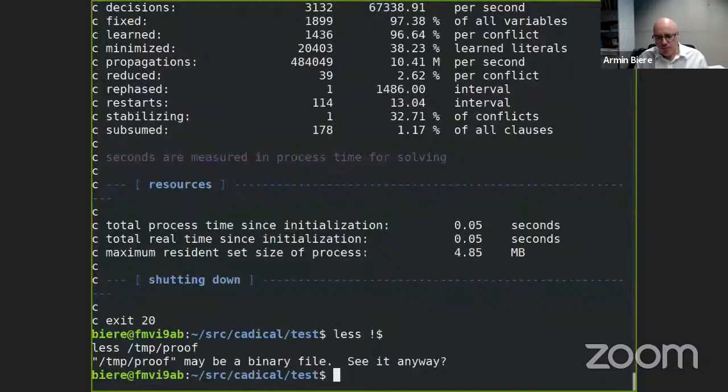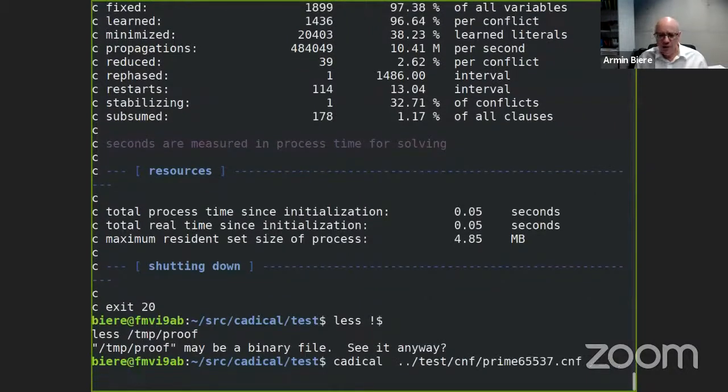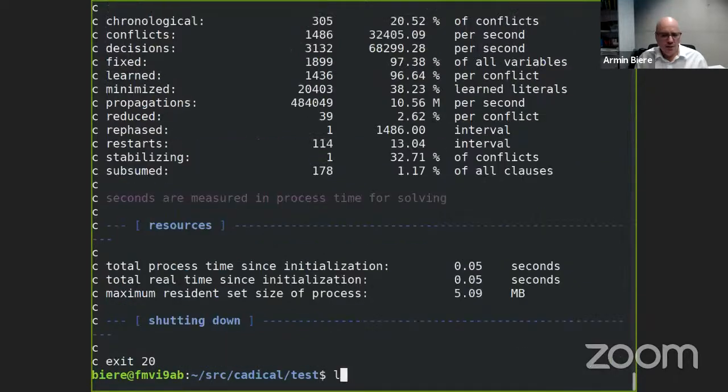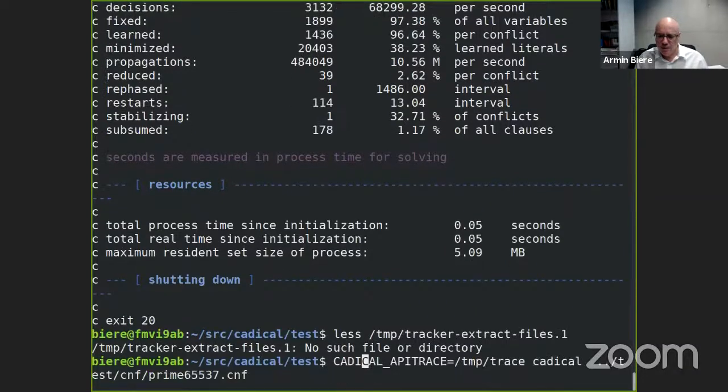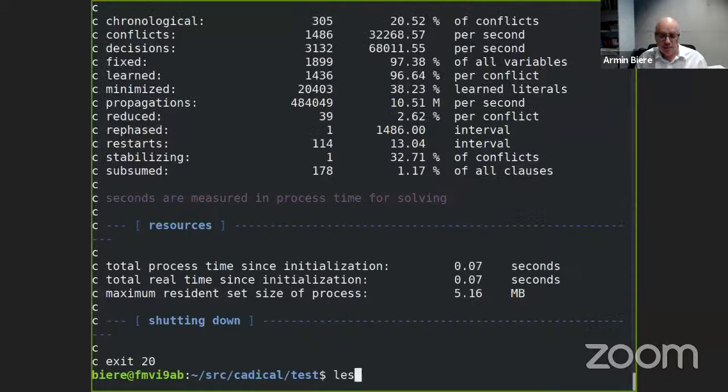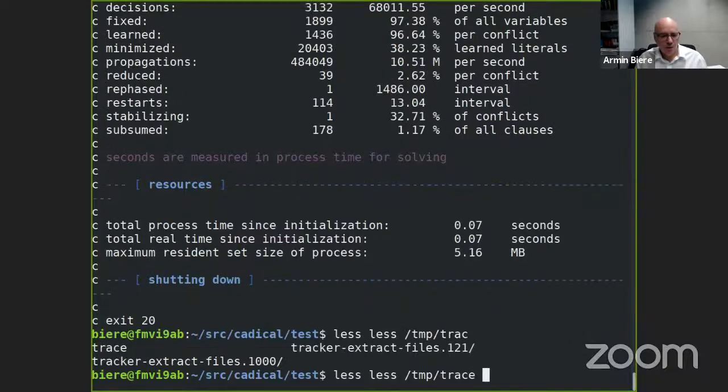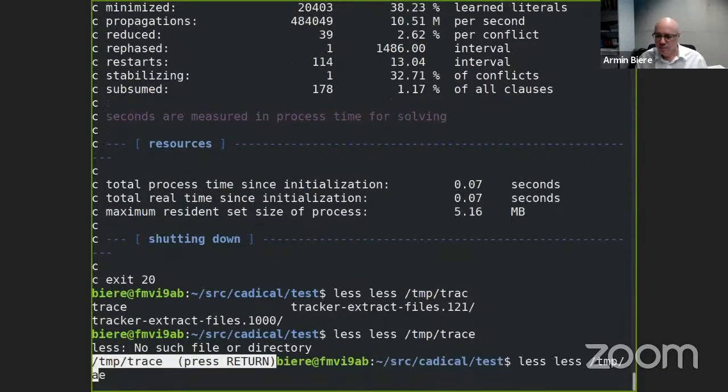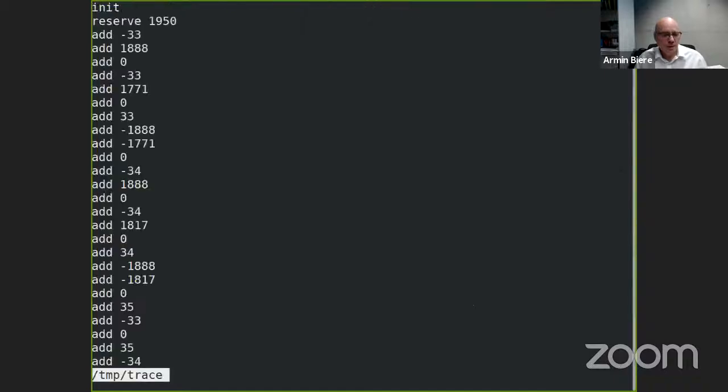Anyhow, but what you could also do here is CaDiCaL API trace equal to trace, and then, oh no, this was the wrong thing. CaDiCaL. I forgot how it's called, of course. Now we have it. See it? All right. So this is now the API trace we generated by parsing this DIMACS file and then